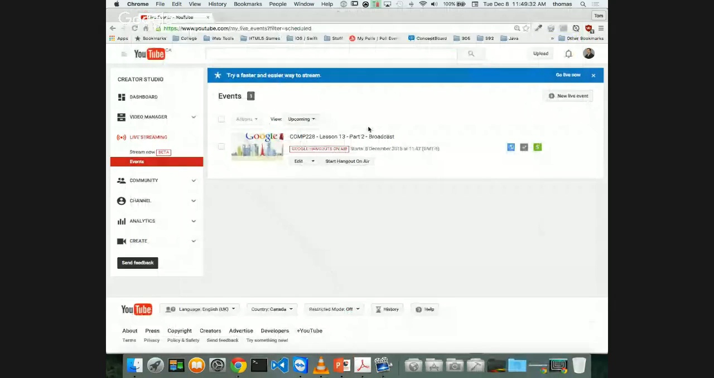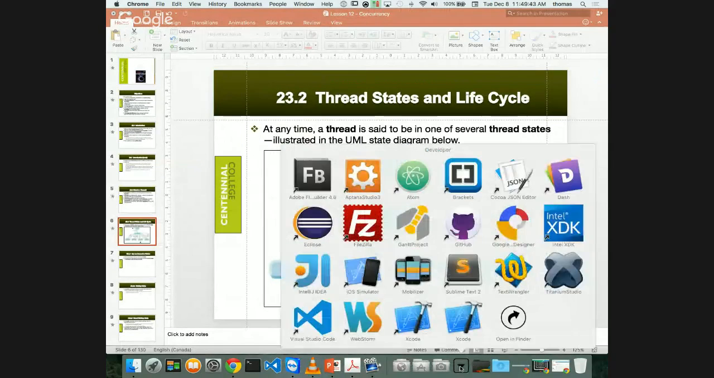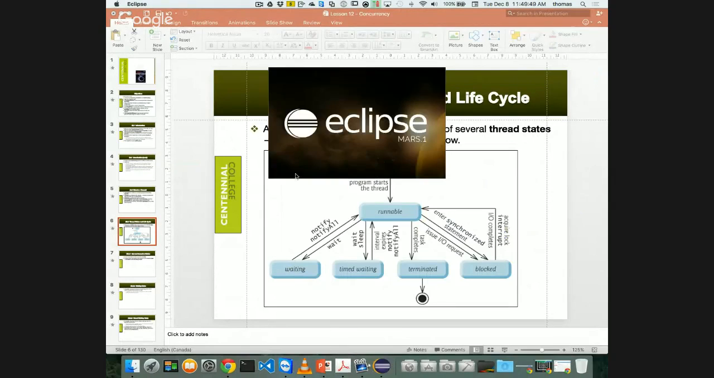It's COMP228 Java programming, and it's lesson 13, part 2, where we're talking about multi-threading. And let's get right into this Eclipse stuff really quickly. So I'm going to go into, like I said before, Eclipse, and I'm using Eclipse Mars for those people out